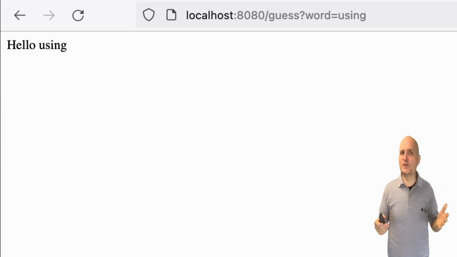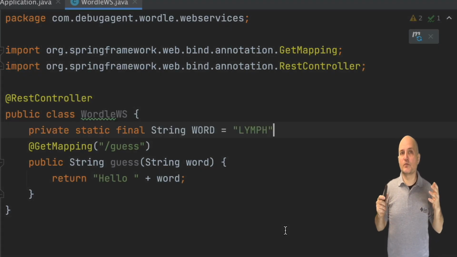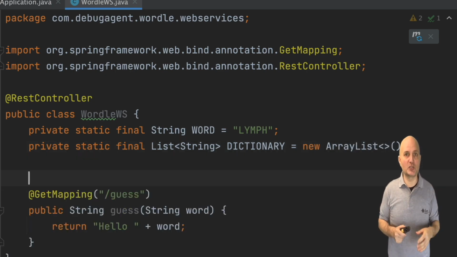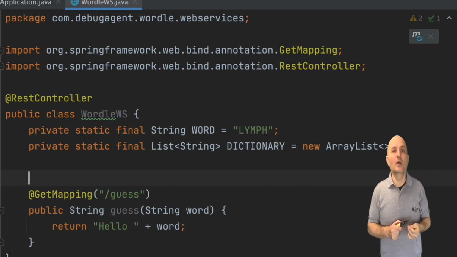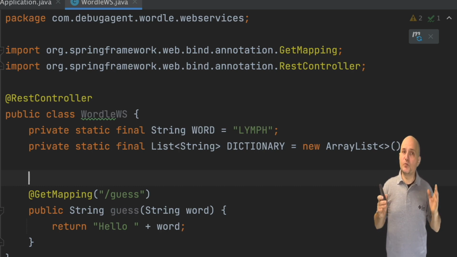Let's do the same for Wordle. This is the code that's practically copied and pasted from the previous Wordle application, so I won't explain it too much. But notice that I made the dictionary final and initialized it here. The reason I did it this way is simple. The previous demo had a main class.